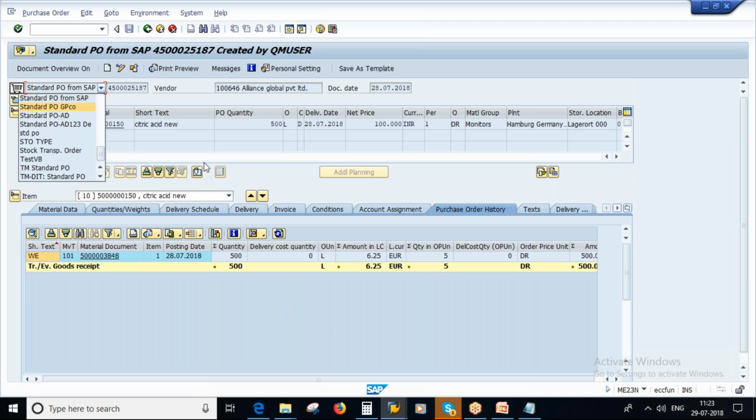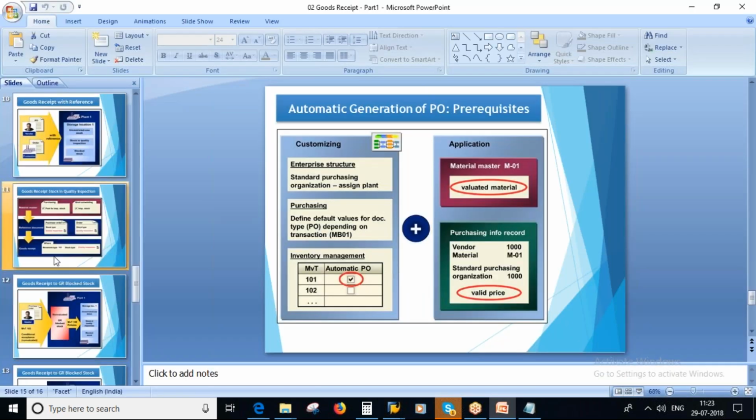Okay, so this is how you can create a PO during goods receipt also. Automatic PO creation in the background. Okay, so that is all about